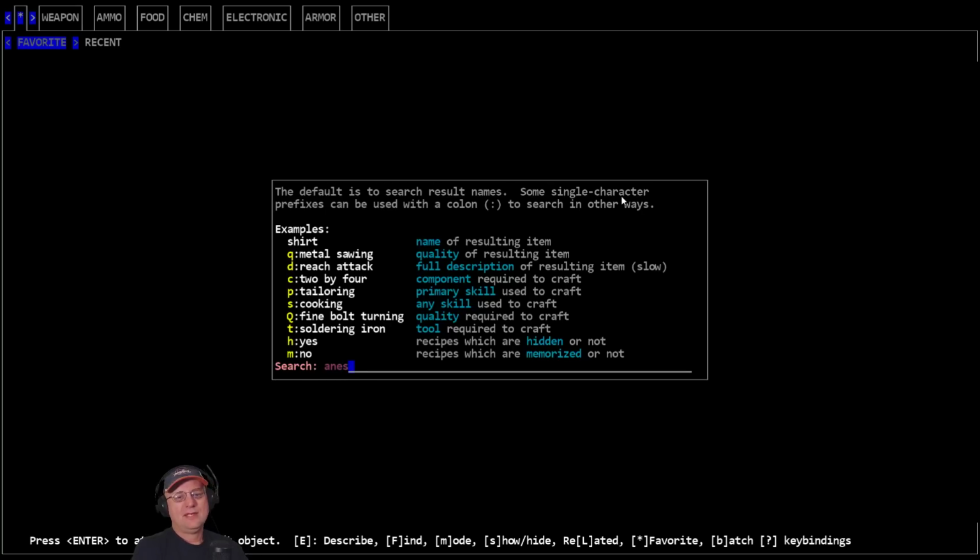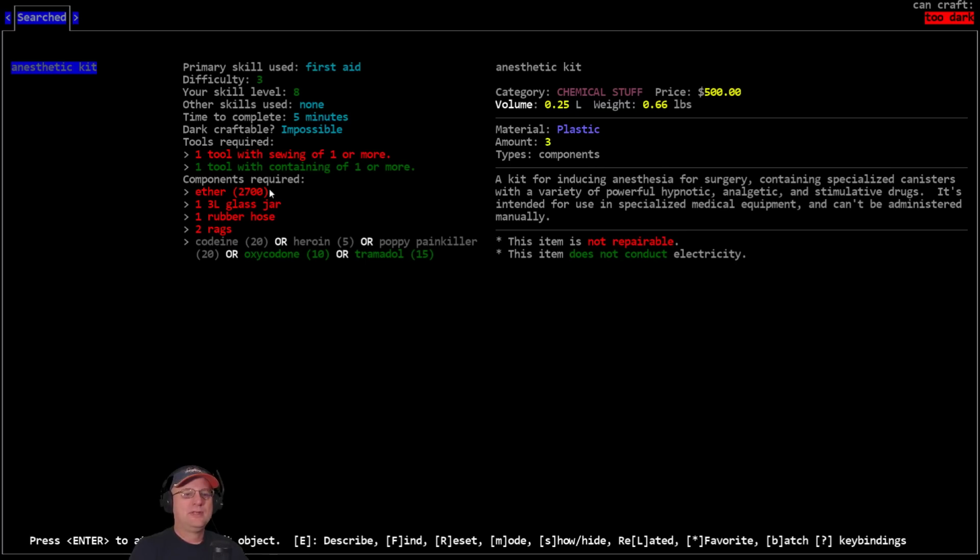Going back to the anesthetic kit, here's how much ether you need. It's not even evenly divisible. So, yeah, 2,700. So you need, what, 11 batches of ether in order to make one single first aid anesthetic kit with 3 uses. Yeah,